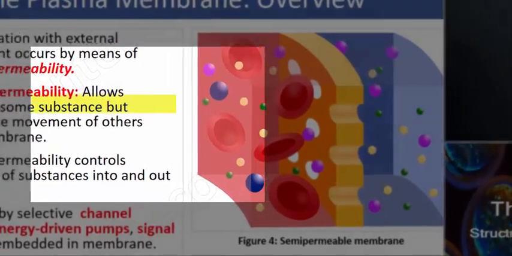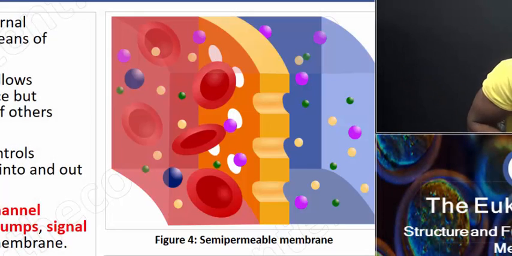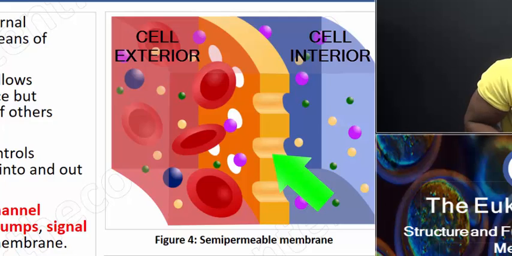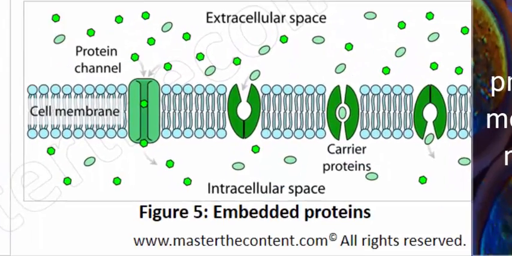So I'm going to direct your attention to figure 4, which gives you a visual appreciation of what I mean by semi-permeability. Now, in this figure, the orange colored structure with the holes is representative of a plasma membrane. And as you can see, the molecules of small size, the purple, yellow, and green, can actually pass through, but the larger molecules, the red ones, are not able to do so. So smaller particles you'll find will not have much of a problem passing through, but larger ones will have that issue. Now, in figure 5 at the bottom of the screen,